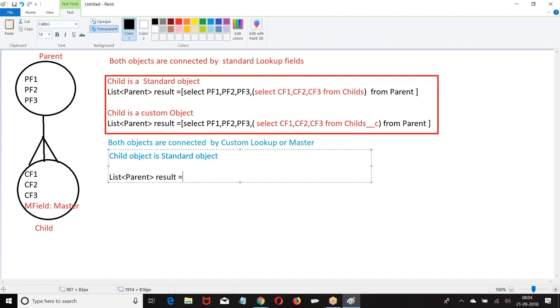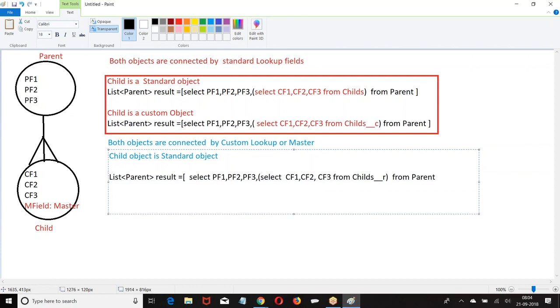Parent result equals select parent field 1... Sales underscore underscore R from... Child is a custom object.